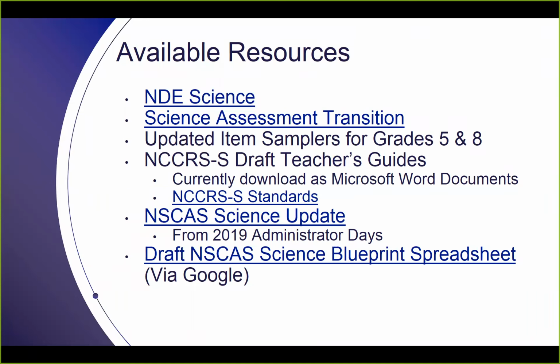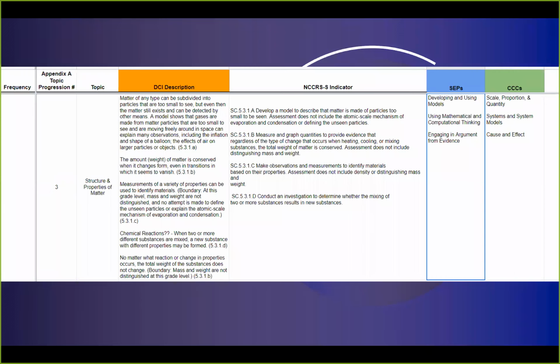This was from the 2019 Administrator Days presentations, which shares additional information relating to science assessment. And finally, the last link here is a draft NSCAS Science blueprint spreadsheet, and this is via Google Sheets. This spreadsheet was organized to help make sense of the blueprint, to help make sense of where the DCIs, the topics, the DCIs, the indicators, and how our three dimensions are really working